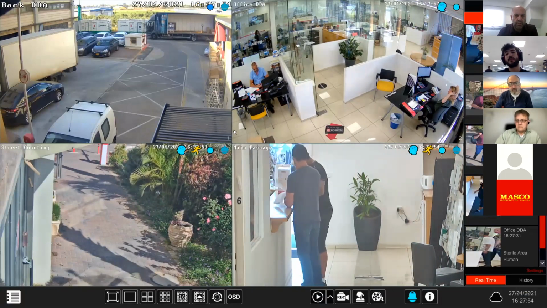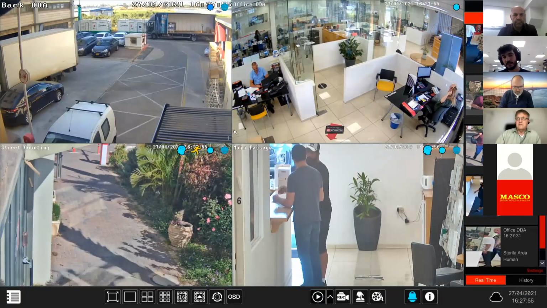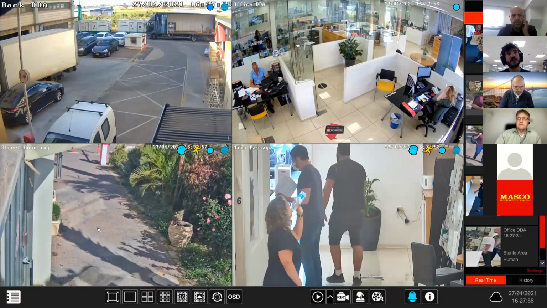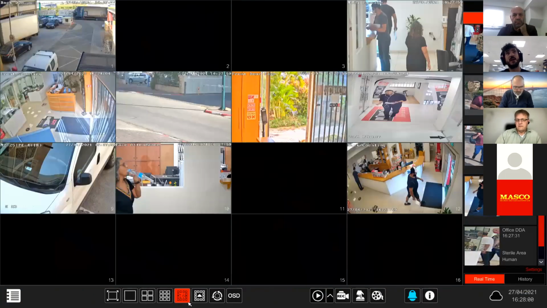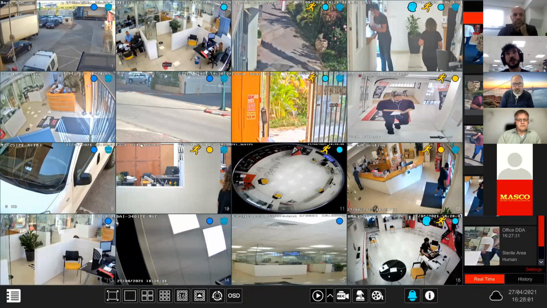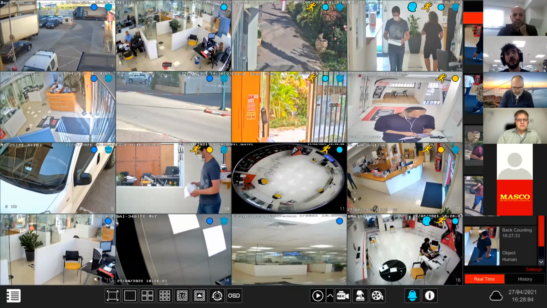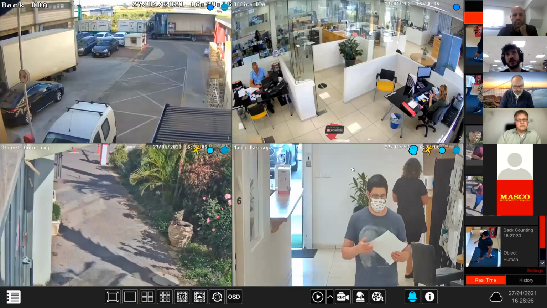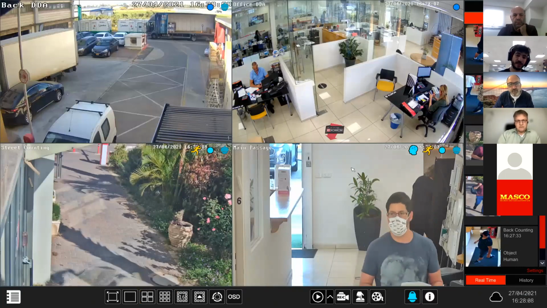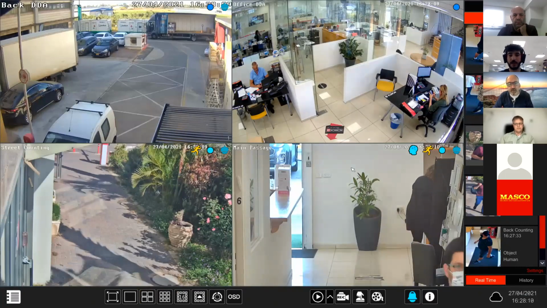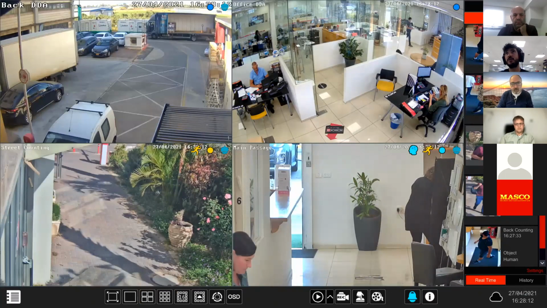Okay, so what we can see right now is the NVR. This is a pretty basic NVR for a 16 channel. As we can see, all of them are full. Before I start by going to the search, how to search for different events made by DDA alerts, I want to show you the